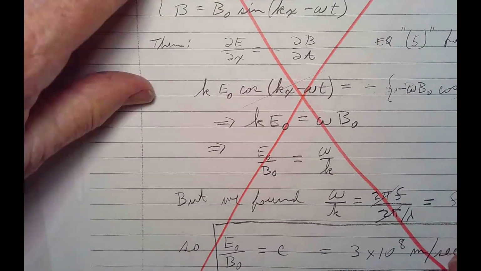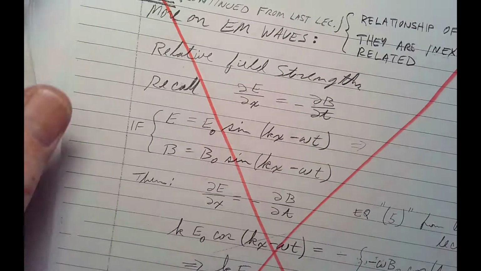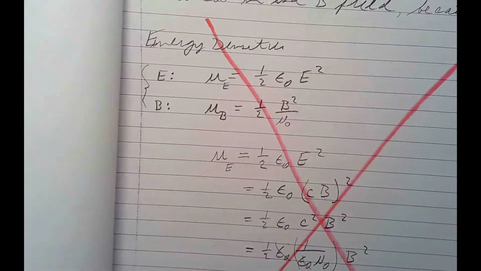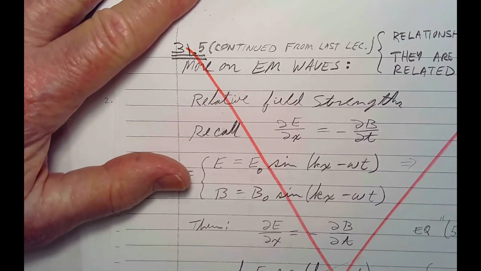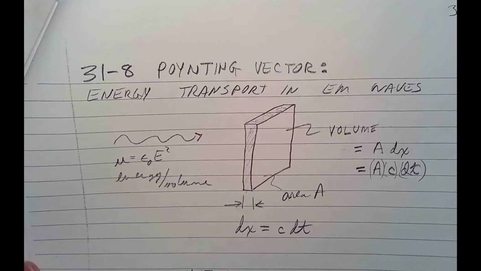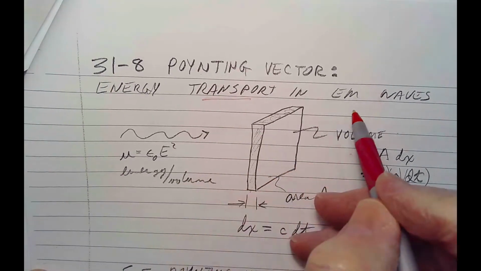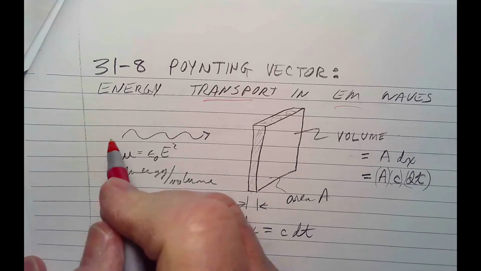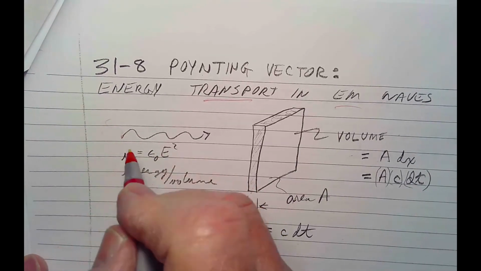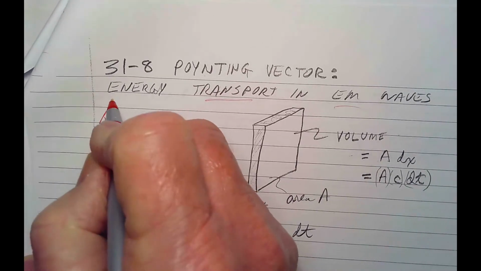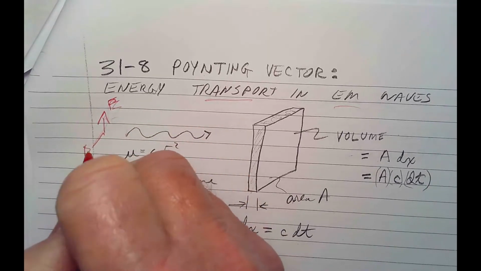Okay, so this page is 31.5, which is also not in the syllabus. So you can put a big red X through that one, 31.5. The next page also. Here's the Poynting vector, which is the first of the new material in this lecture. The Poynting vector tells us how you transport energy in an EM wave. And the idea is I have an EM wave here, an E field and a B field,